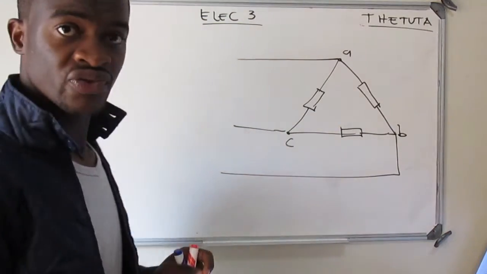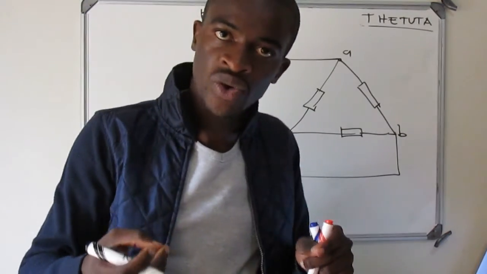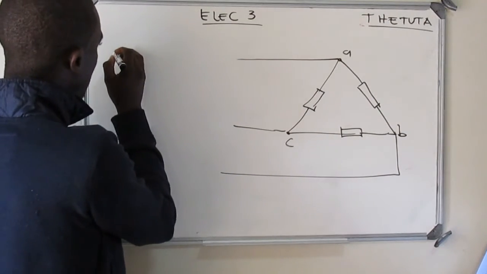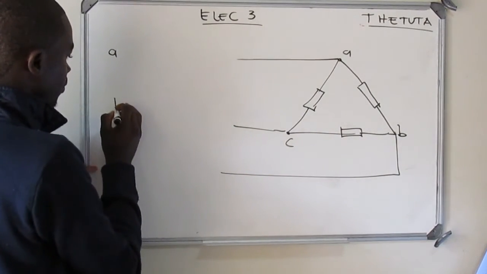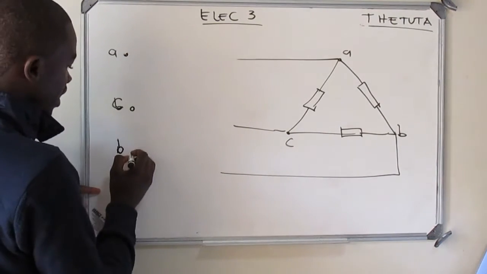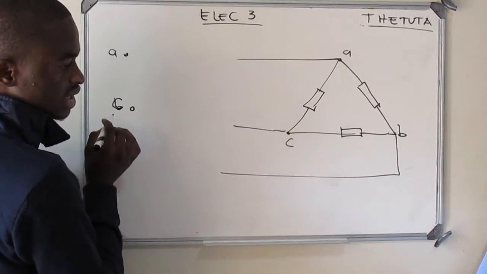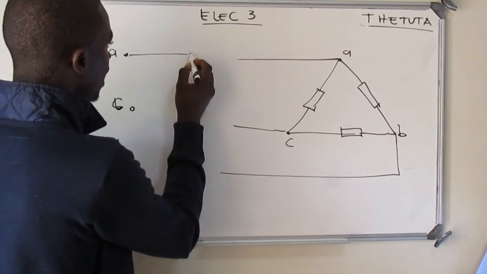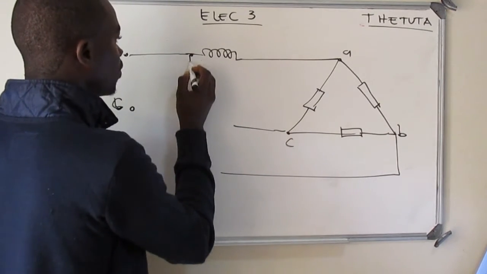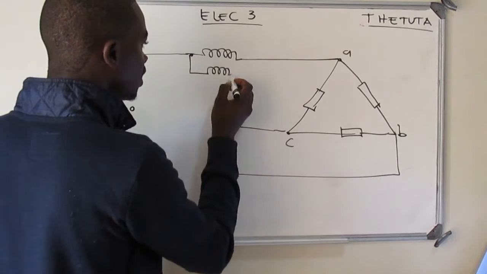So if they say that this wattmeter was connected in line A, which means I'm going to come A, C, and L as well as B. And then in the problem it said that the wattmeter is connected in A. So I can come here, I put first of all the current coil, and I put the voltage coil.